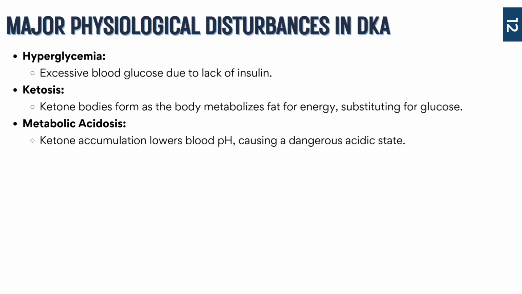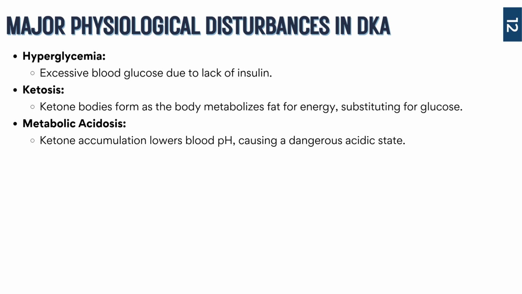This acidosis affects multiple organs and can cause symptoms like nausea, vomiting, Kussmaul respirations. And just as a reminder, Kussmaul respirations are a form of deep, labored breathing. All that occurs as the body is trying to expel and get rid of the excess carbon dioxide to raise the pH, okay? So each of these physiological changes is interconnected.